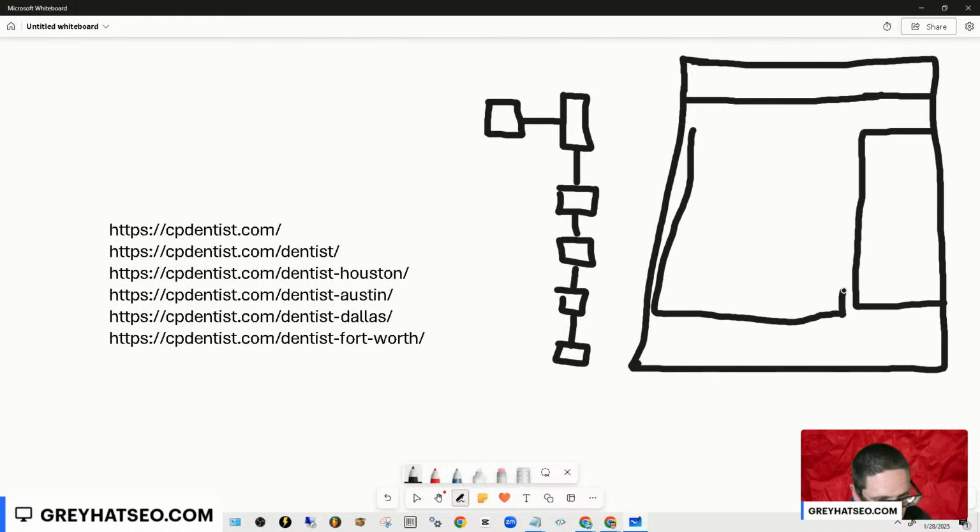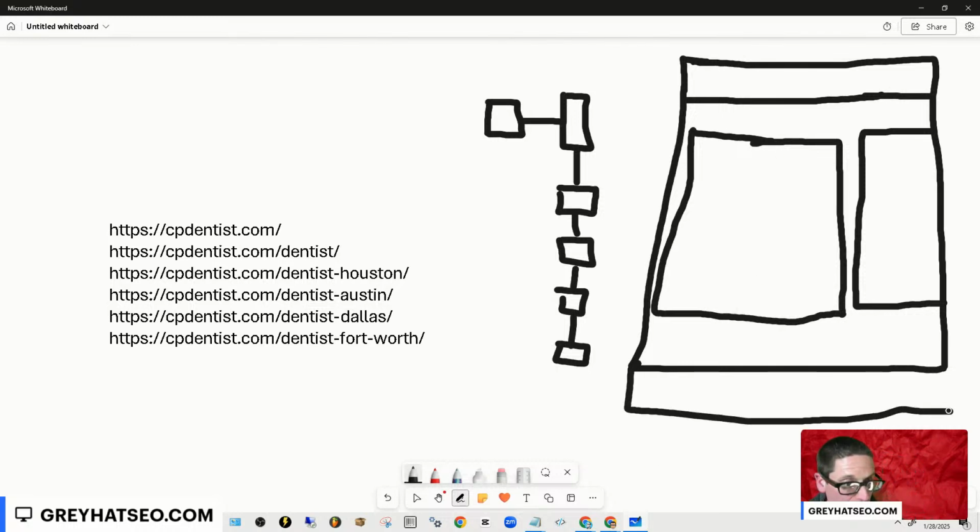Not bad. Body. Okay. And then this down here is the footer. All right. Now, we want to make sure that the least amount of internal links are showing up site-wide pointing